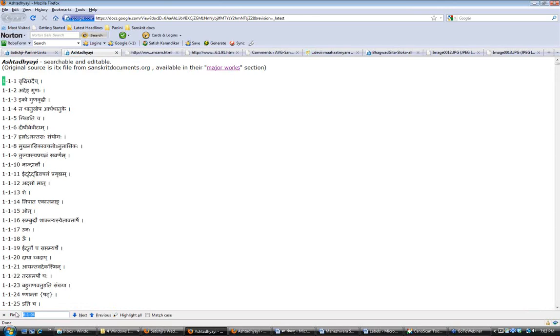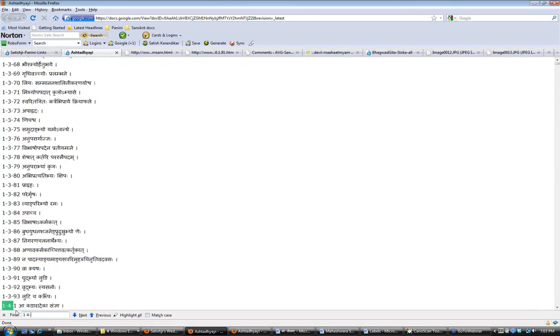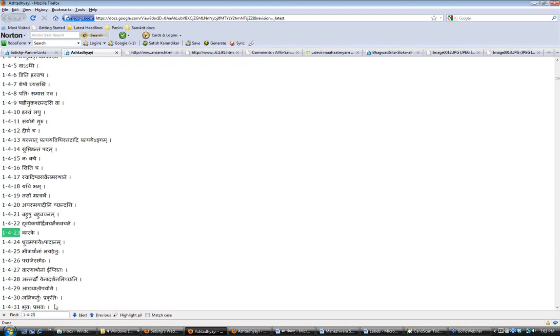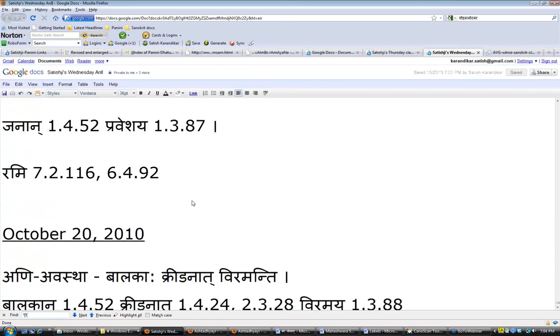This Karake section starts from 1.4.23, and the immediately next sutram is Dhruvamapaye Apadanam, 1.4.24. And there, if you go to the Vyakhyanam, let me see if I can find the Vyakhyanam for that.